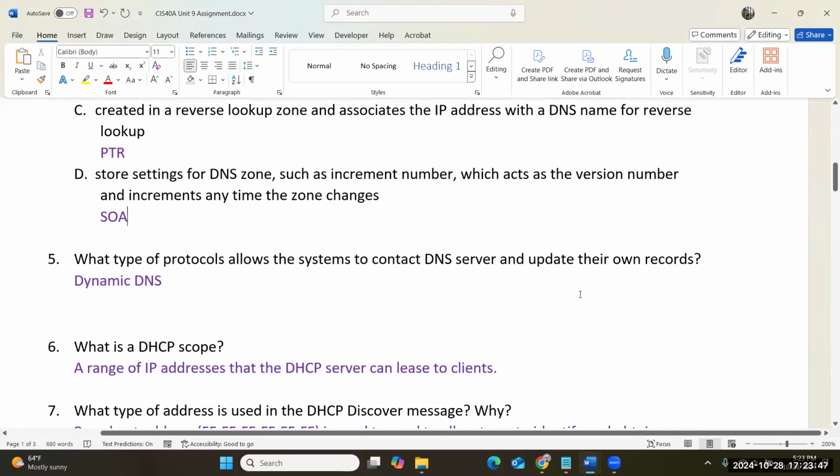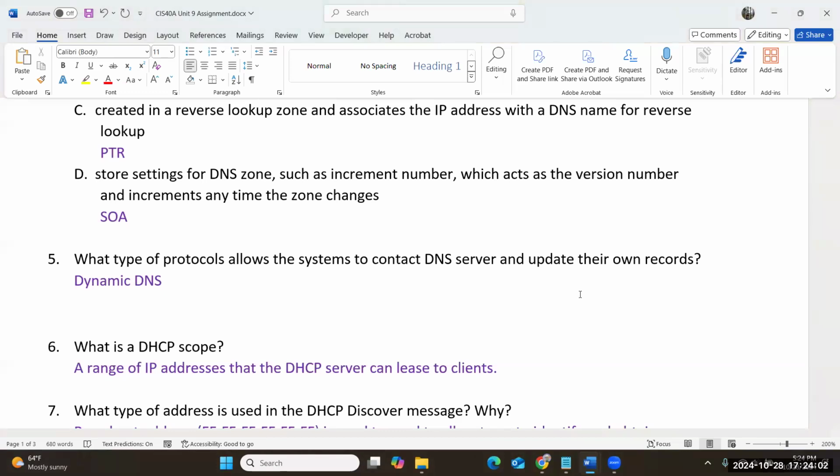So for number 5, it says, what type of protocol allows the system to contact the DNS server and update their own records? And that will be dynamic DNS. So that allows the system to, whenever you're trying to contact the domain and it's not there, right? Ultimately we can use things like NSLookup, but when it's trying to reach a domain, it's basically looking for the IP address for that name, right? And if there's a file that references that name, then it's going to associate that to that particular domain